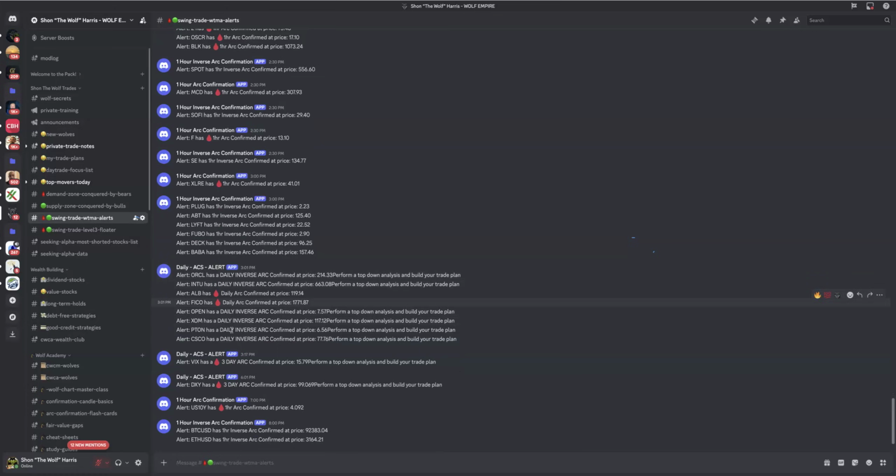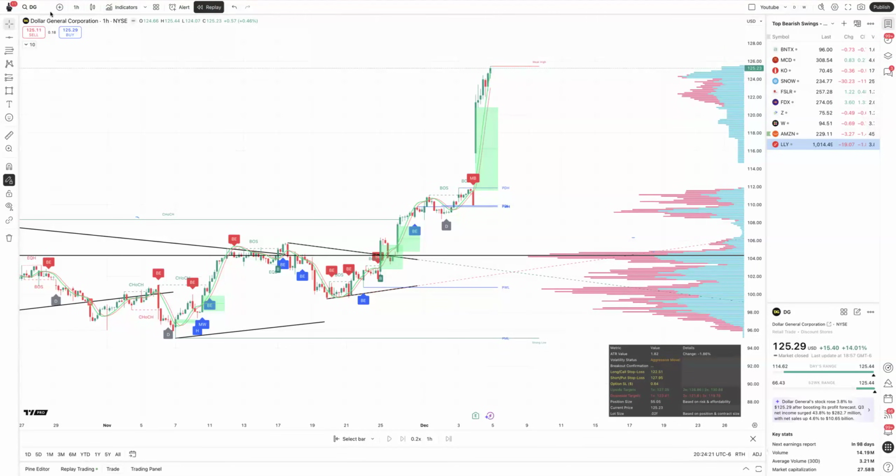So this is telling you that these stocks right here had a daily bullish arc, INTU. You got some bearish ones. So these are bullish, and the ones with the red little blood drop are bearish, and then Open and Zum, Piton and Cisco got a daily inverse arc. So if we go look at Oracle on the chart,